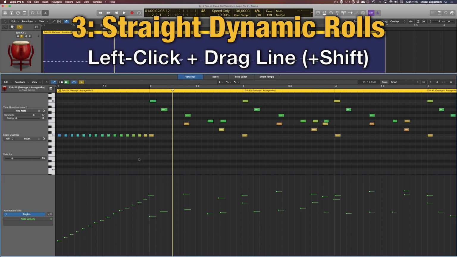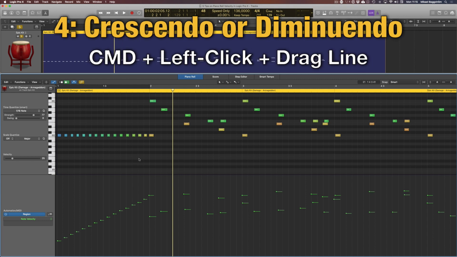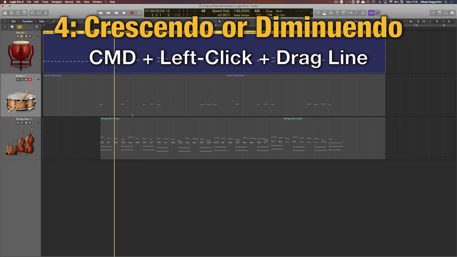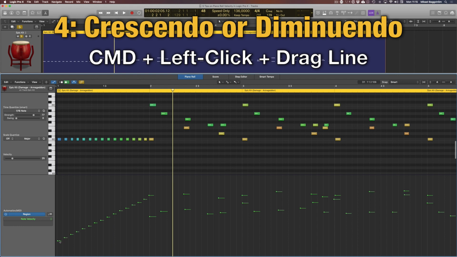Now you can also create a crescendo or diminuendo. So let's say you have some variation. So if you recorded this, you will get some variation, right? Like this. Let's just add some variation. Now, let's say you want to have that variation remain, but still,